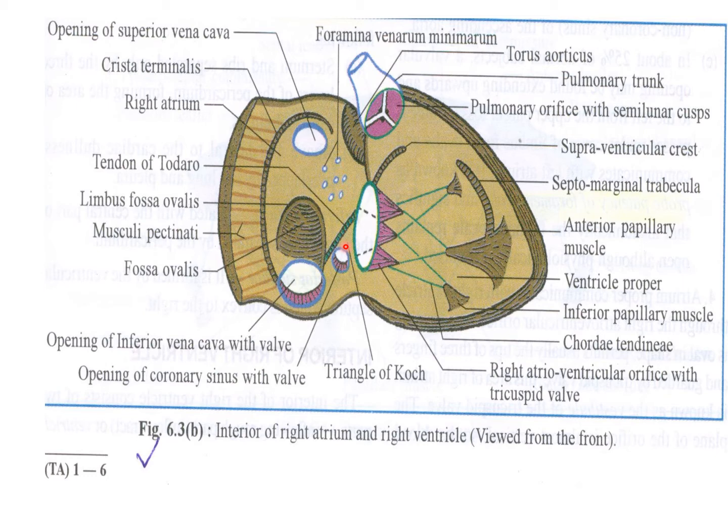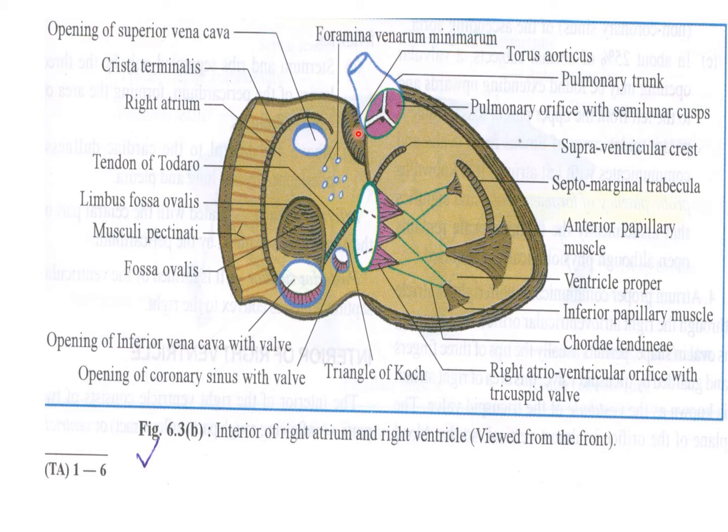Now second one is the torus aorticus. It is an elevation in the anterosuperior part of the septum and is caused by the bulging of the right posterior aortic sinus, non-coronary sinus of the ascending aorta. Name is given torus aorticus. यहाँ पे आता है. This part here there is a torus aorticus, यहाँ पे लिखा ही है देखो. वो क्या है?